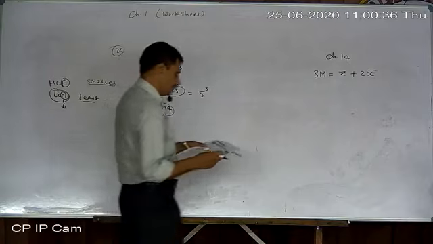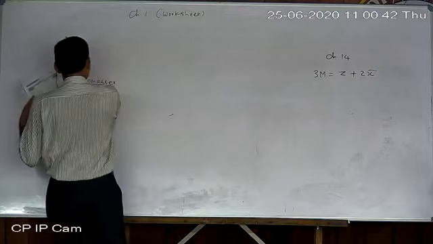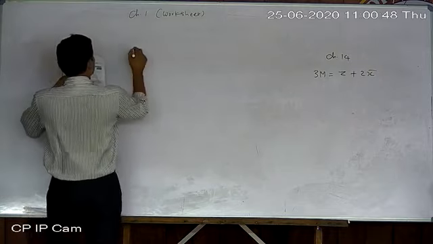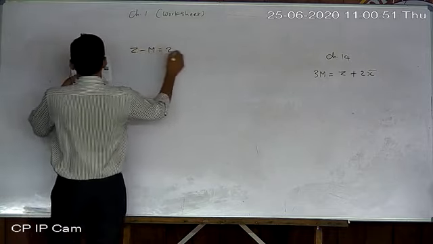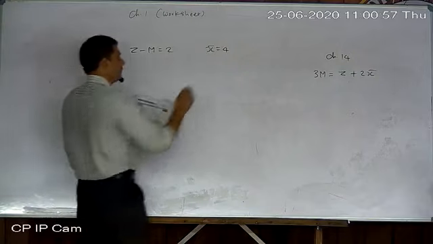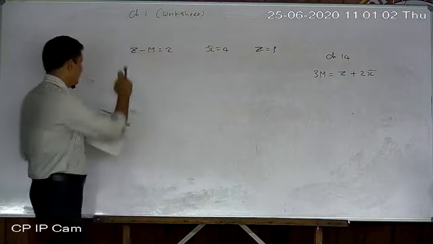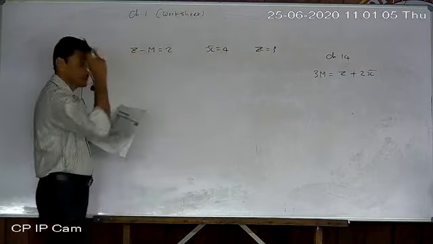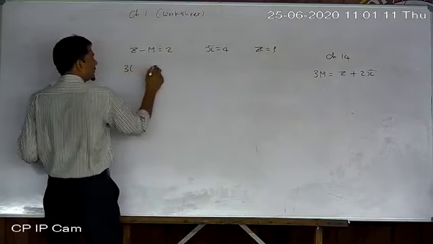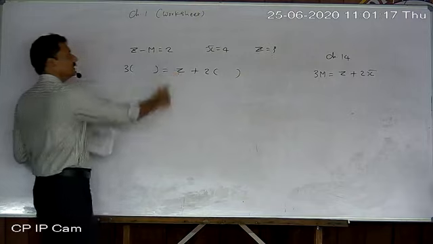Now number 2, z minus m equal to 2 and mean is equal to 4. So again the same formula is used. Now one value is given and one equation is given. So z minus m equal to 2 and mean, means x bar, equal to 4. What to find? Z is required. Z is not given. So in this formula, remove m and x bar both. Why? Because you require z.